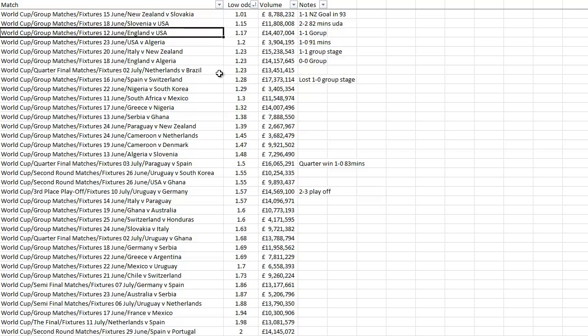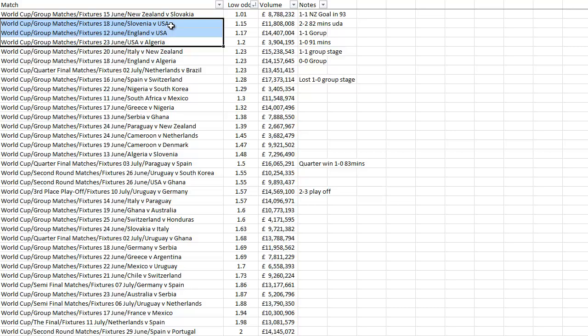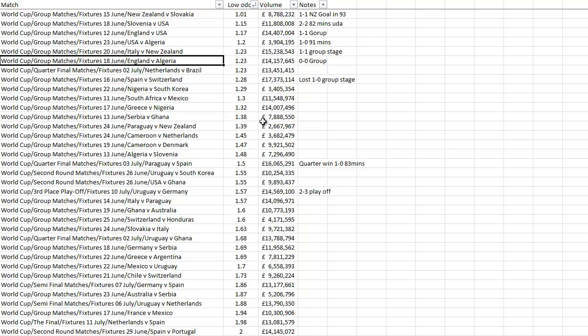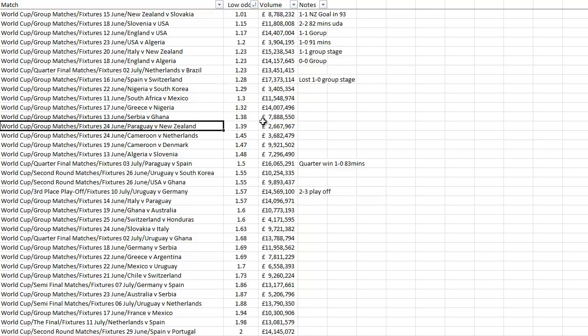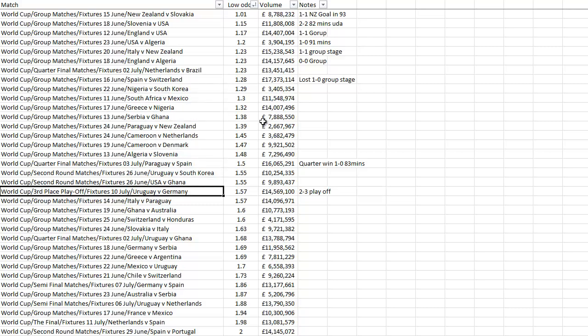Against us, we had that Robert Green calamity, which basically meant that England turned over at low odds. And against Algeria, they scored in the 91st minute. So USA were unbelievable in 2010. It'd be interesting to see if we have another team that performs similar miracles this time around. But you can also see that England did their bit by completely failing to dominate the group stages, and that allowed a number of small odds to get turned over as well. So yeah, some interesting information coming off of that.